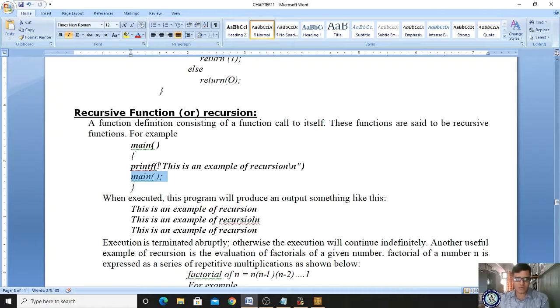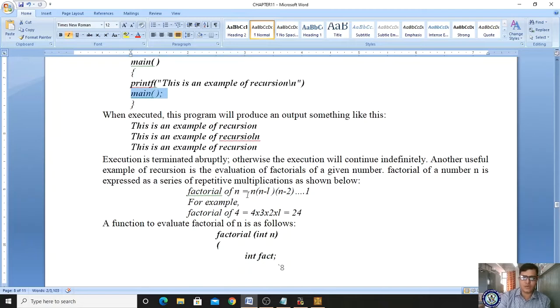And here we are having one important program, that is factorial. So for example, if I enter 5, what is the 5 factorial? 5 into 4 into 3 into 2 into 1. So this kind of factorial program we can identify by using this recursive function, right? In 10th or 9th class you have learned that n into n minus 1, n minus 2, n minus 3 and so on.